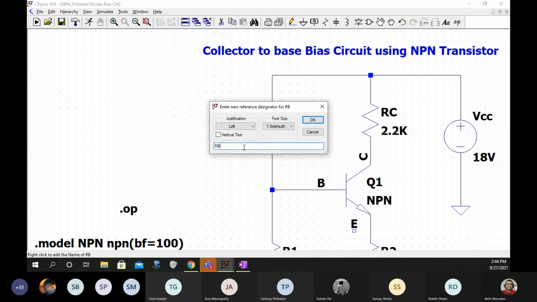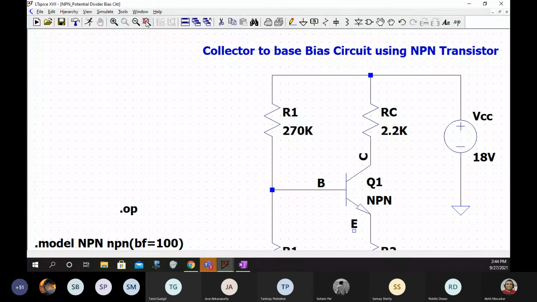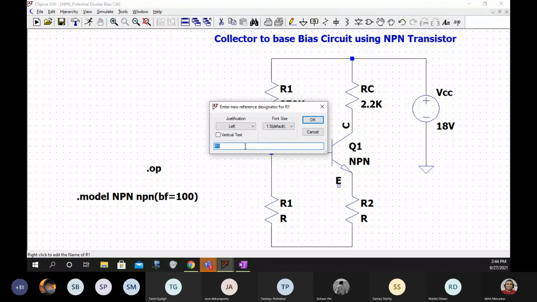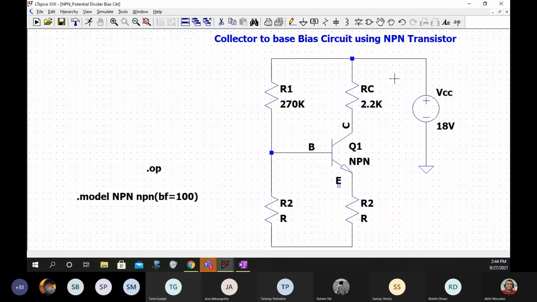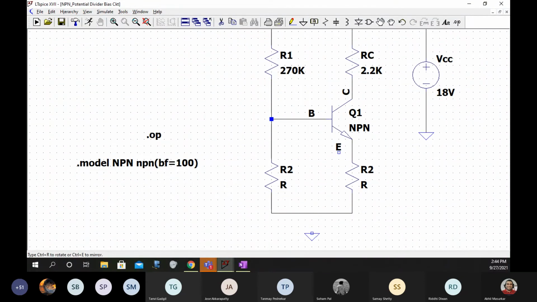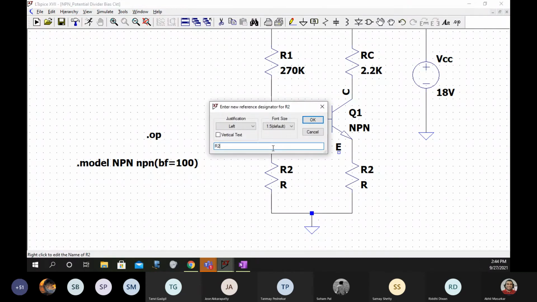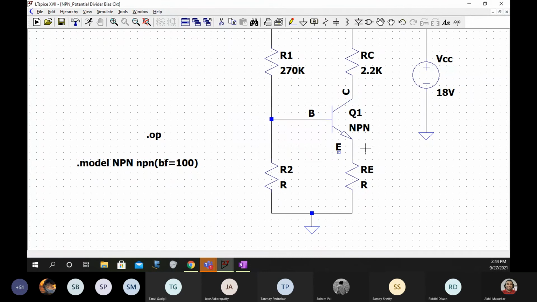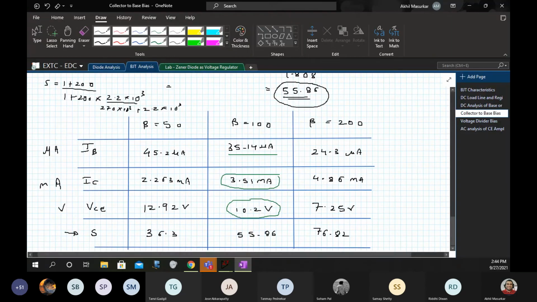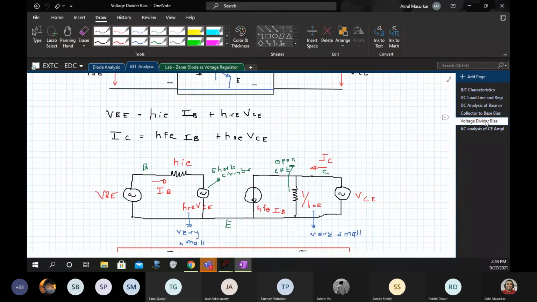This resistance is my R1. This is RC only. This is R2. Then we are forgetting the ground. So put the ground here. This is RE. And the value of R1 and R2, we will take it from our circuit itself.